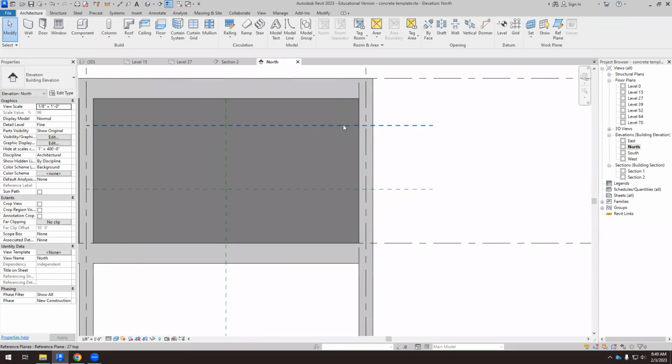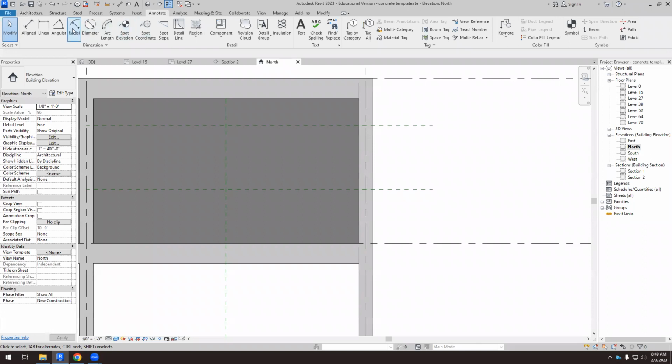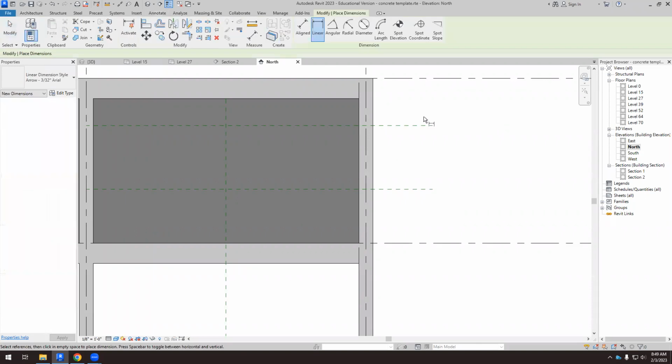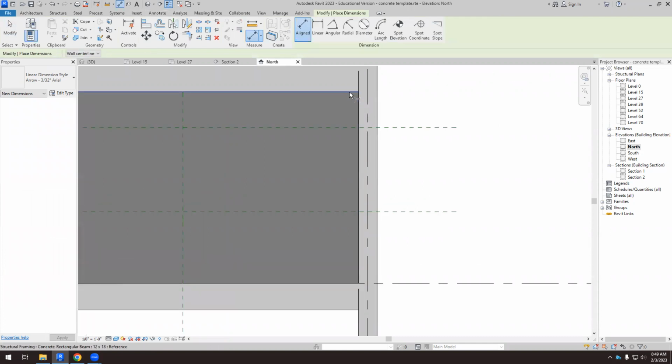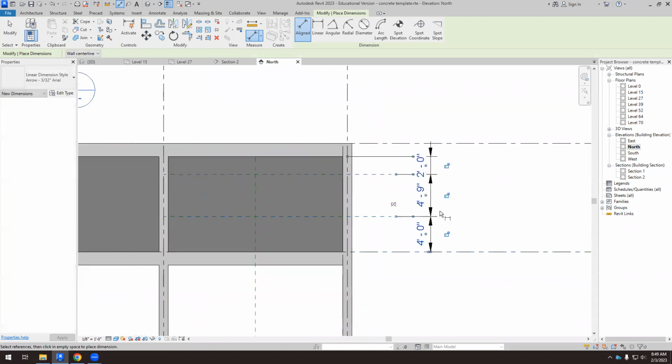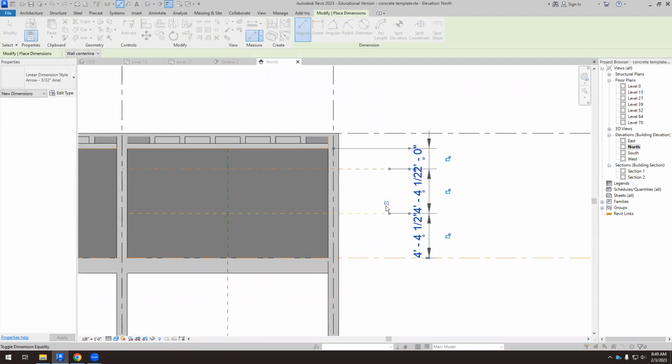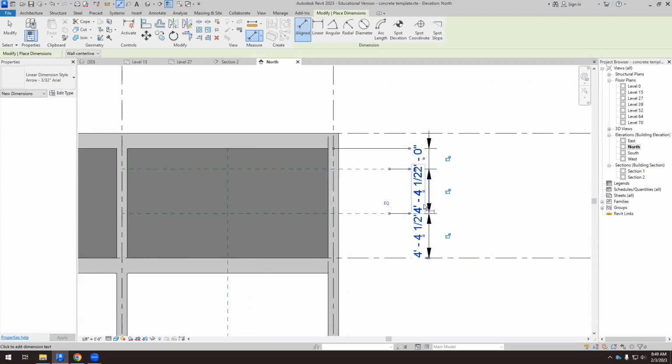But now I need to make these distances the same. I'm going to use annotate, aligned. And then I'm taking these dimensions, they're all different. So I click here, EQ,